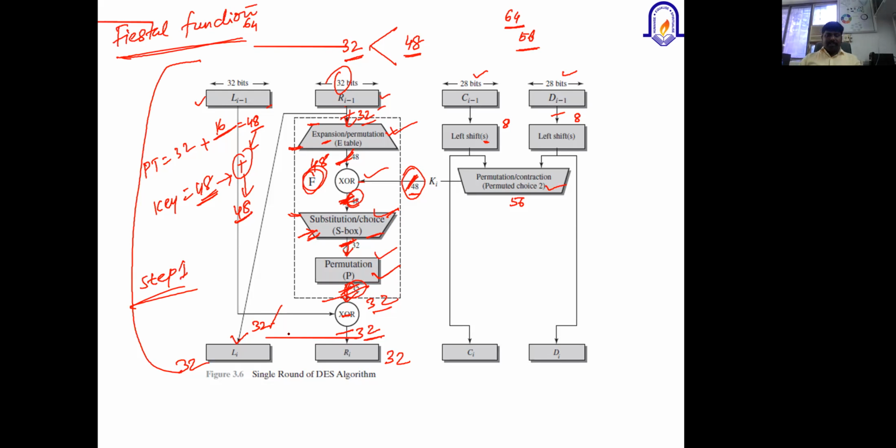Any doubts? Once this round 1 is over, this will be the input for the left, and this is the right half of the data. Now here we are getting a 56 bit key, I mean 28 plus 28, 56, and the entire operation has to be repeated 16 times.